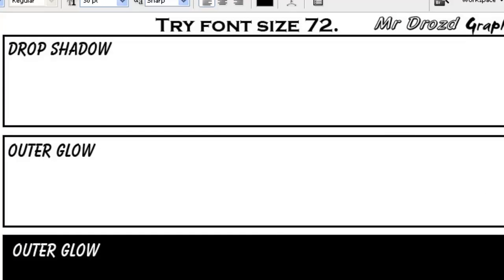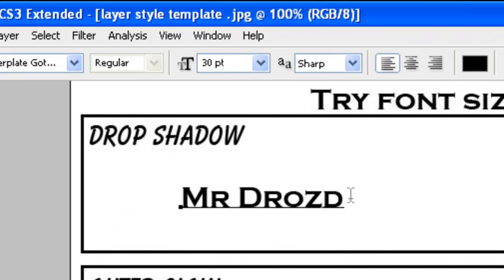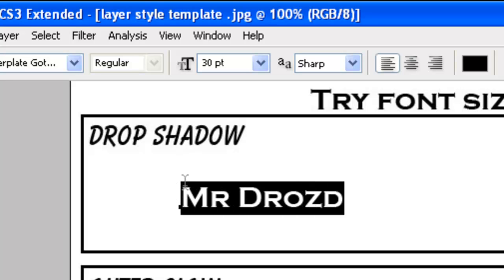Layer styles are a cool way to add flair to boring looking text. So how does it work? We're going to go through each and every one of these layer styles very briefly to illustrate how we can apply them. So I'm going to use this effect, drop shadow on Mr. Drozd,